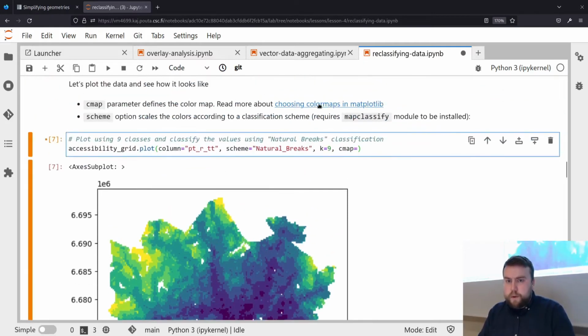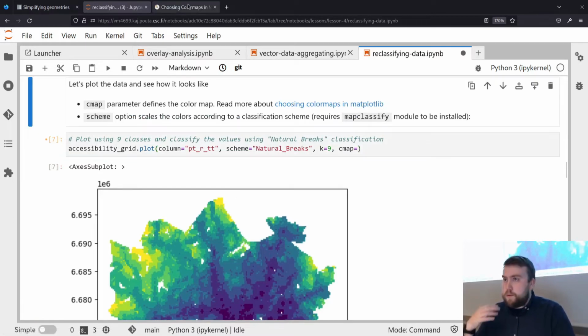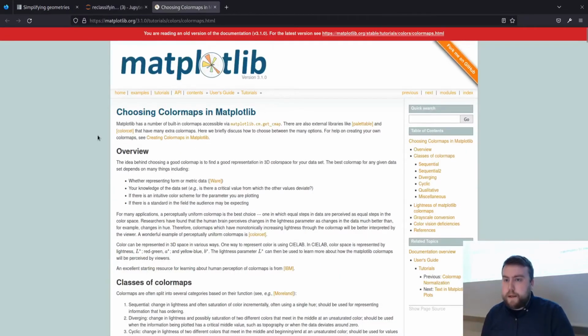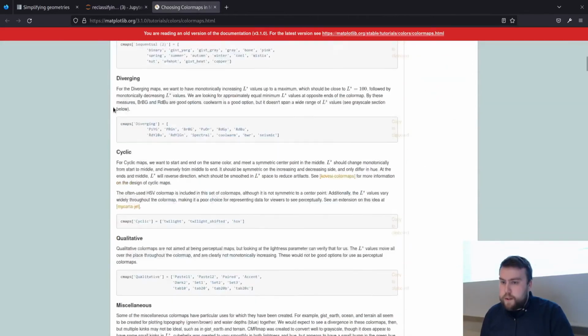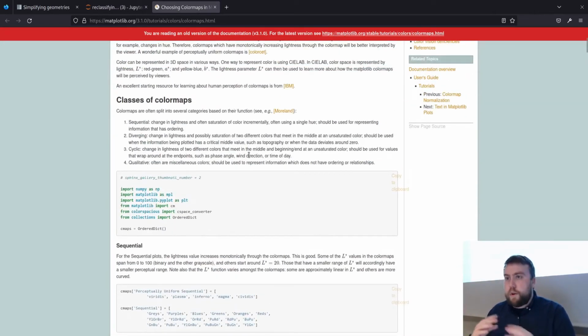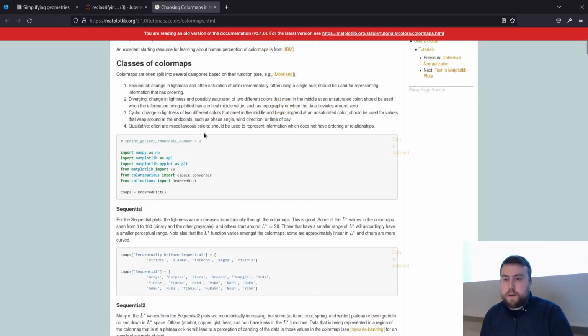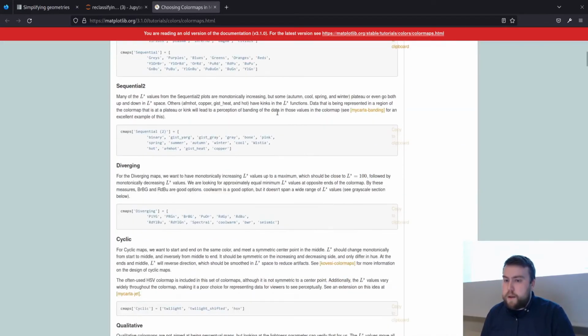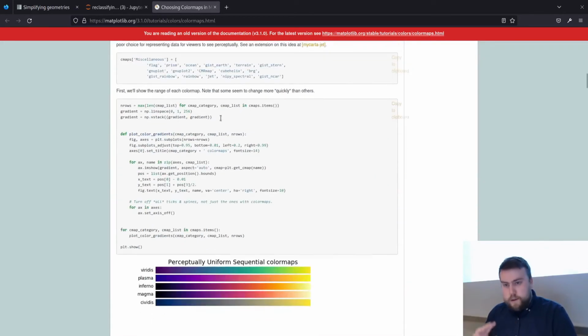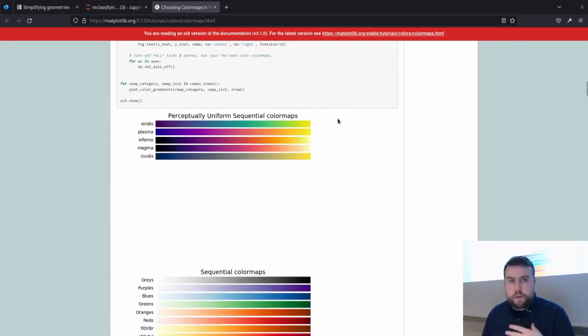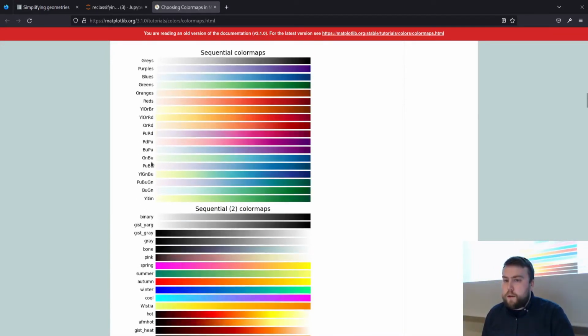And then the last option we can use is to provide the color map that we want to use. Here in the notebook, there's a link to the matplotlib library that is underlying, with documentation of all the different color maps that are provided. You can read about all of them, and there's also a visual representation of how the color maps look,